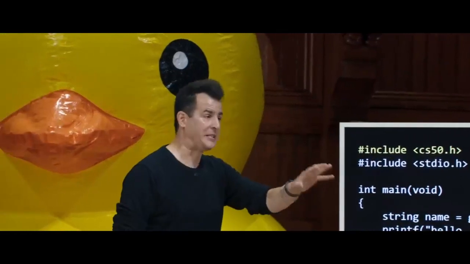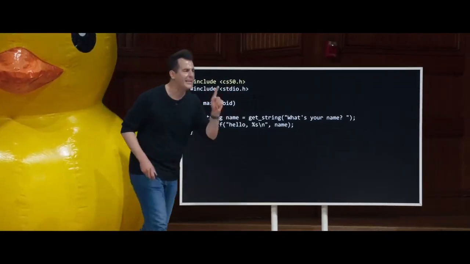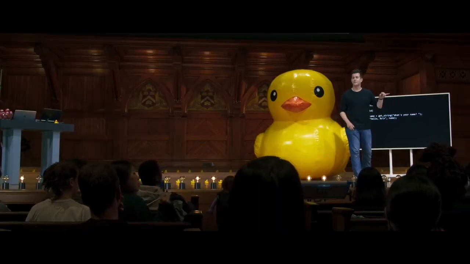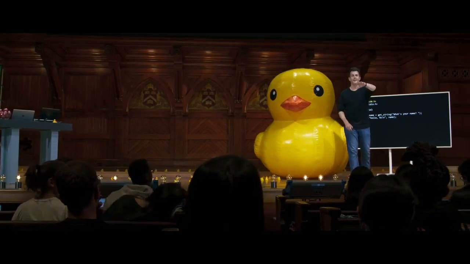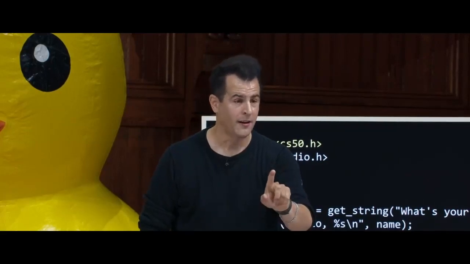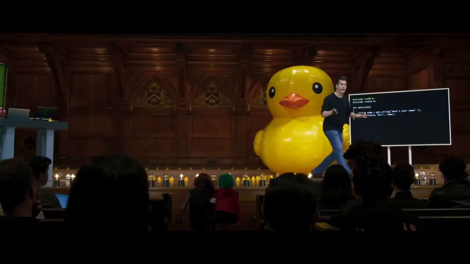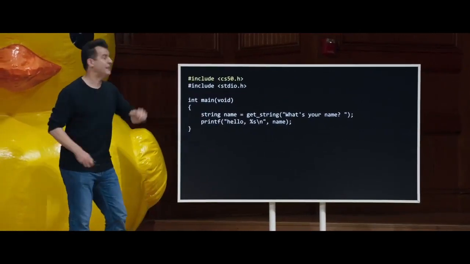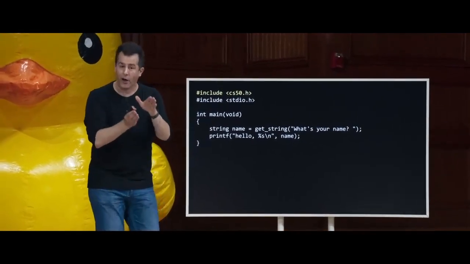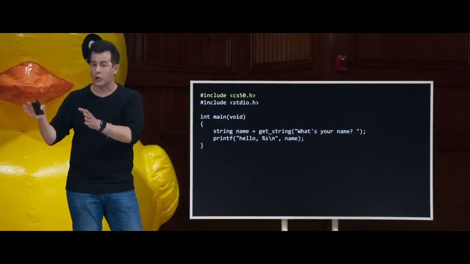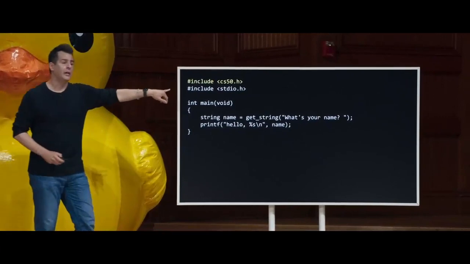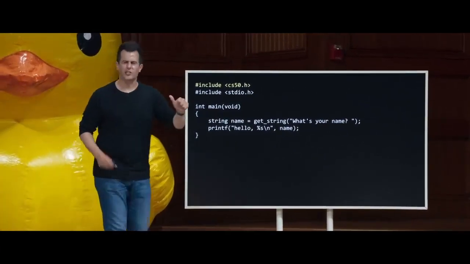Super close. So the function called getString that does the getting of a string, but it's not quite as much as the function itself. It's actually a little bit less than that, but you're on the right track. What is inside of CS50.h? Presumably just a what? Just a prototype for which function? GetString. So admittedly, there's some other stuff in there too. But the important line for today's discussion is that inside of CS50.h is indeed one line of code that defines what the return value, what the name is, and what the arguments, if any, are to getString, and some other stuff. And so what happens effectively when you compile your code, step one is this pre-processing line.